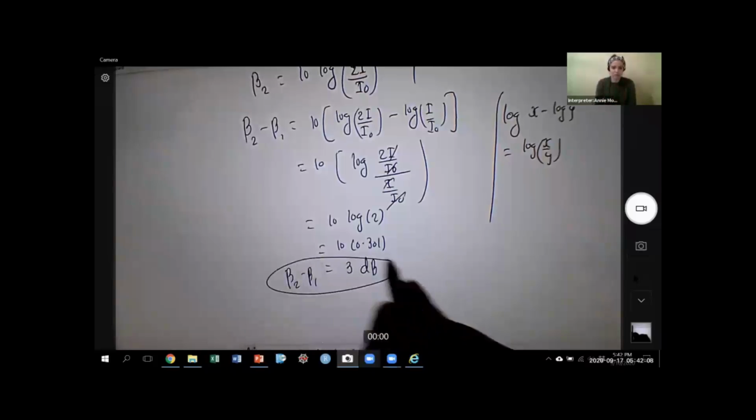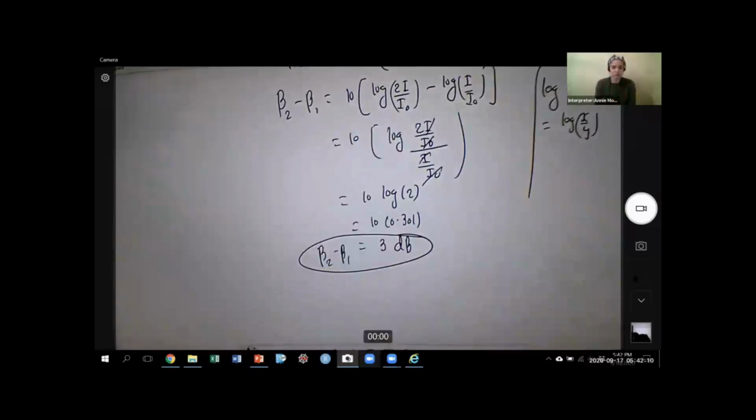So that's what it is showing. And you can do the 10 times, you can do whatever you want, right? So that simply means, even if you double the power, the sound level or loudness will not double, okay? It will just increase by 3 decibel, right? That's the meaning of that curve.